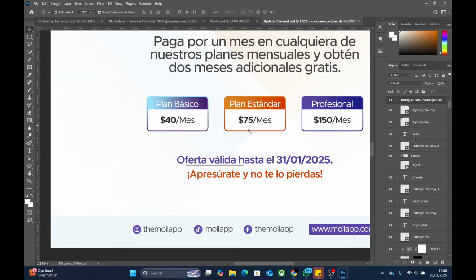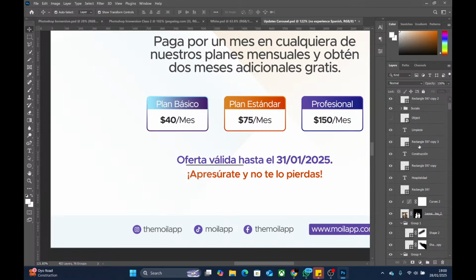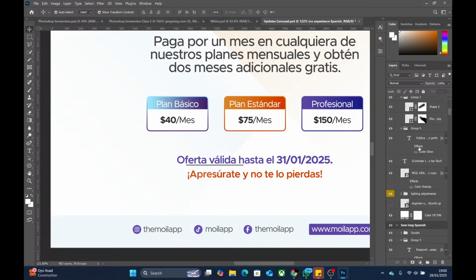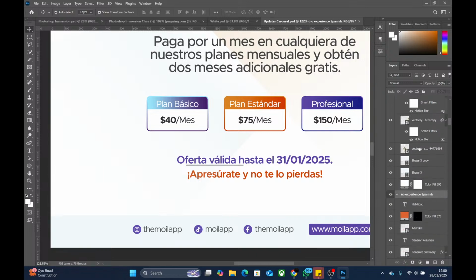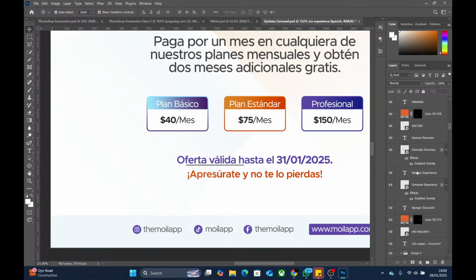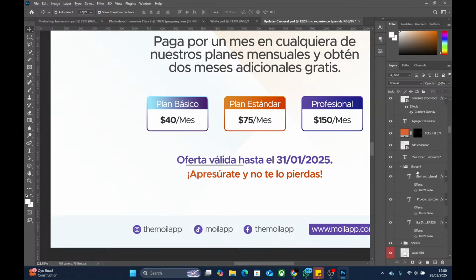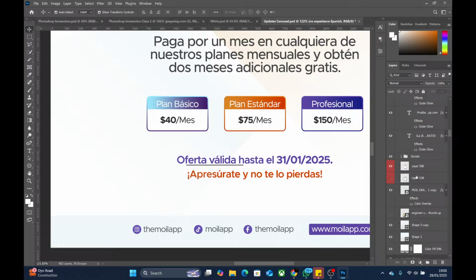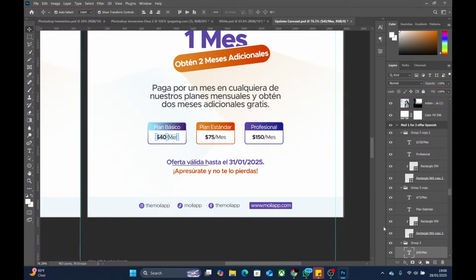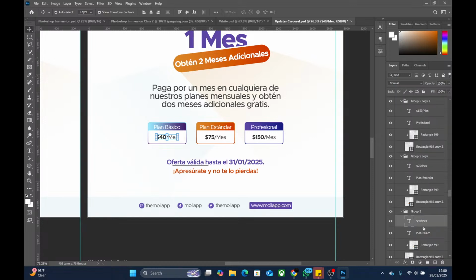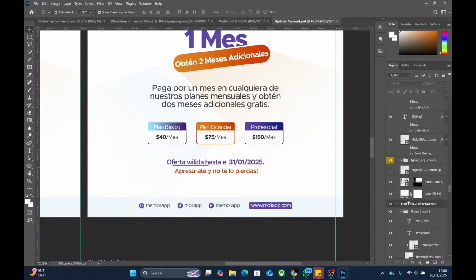I'm trying to find it, and I'm scrolling up and down this layer panel. Where's $40? Oh, where's $40? Oh, sorry. I assume everybody here is a Nigerian, so you understand the "oh" after my sentence. If I try to locate that $40, I will just be wasting time. I can just click on this auto select and click on this $40, and it will automatically locate it on the layer panel. It doesn't matter where it is, it will find it.